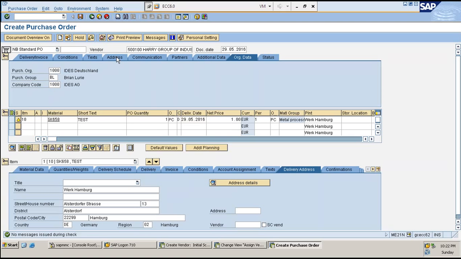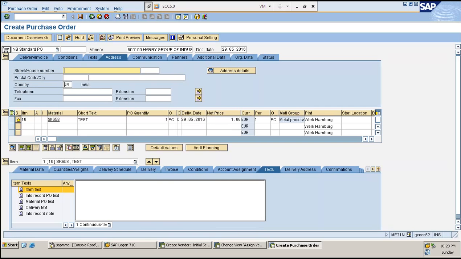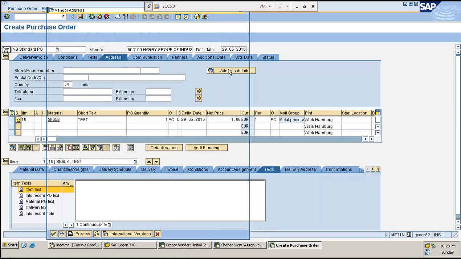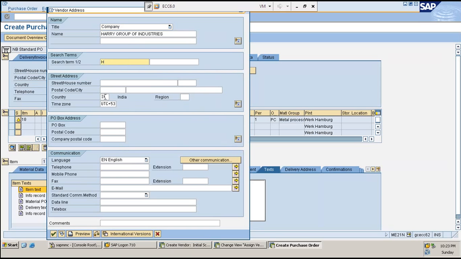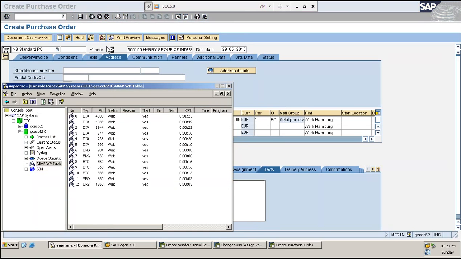When you go to this address tab, whatever information we keyed in, go to address detail, Harry Group, Star message, India, time zone, all those details are being created over here. Correct, right? And I'll save it also. Let the PO get created, shouldn't be a problem.